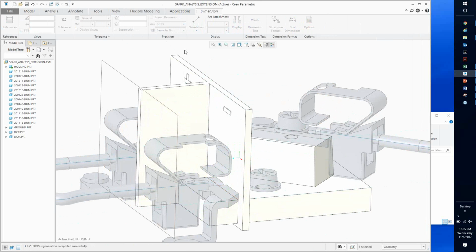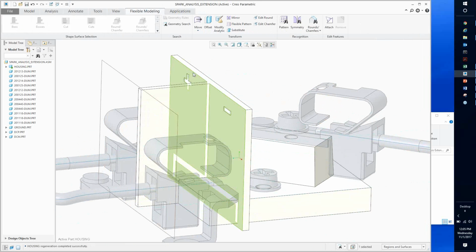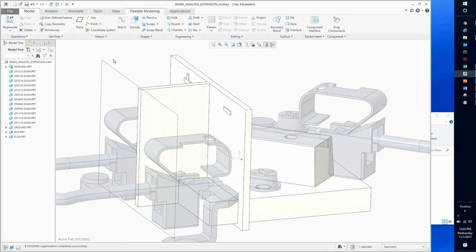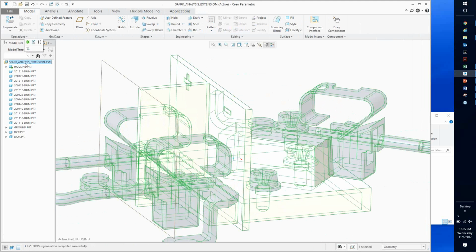Of course, you could also utilize flexible modeling to simply push and pull on these features. I thought about that for a workflow also. So now that that has been modified, we can go ahead and reactivate the top level